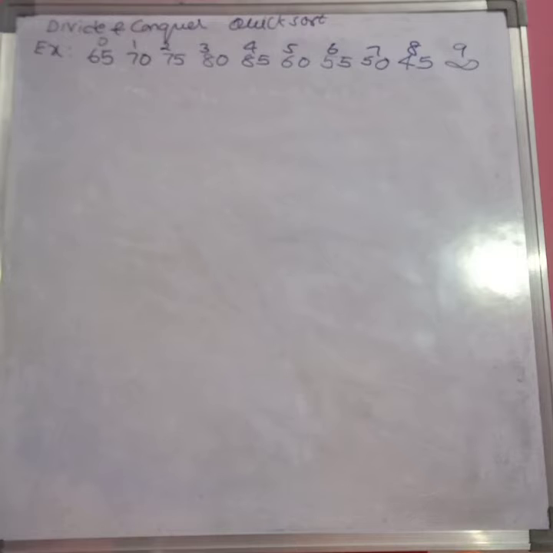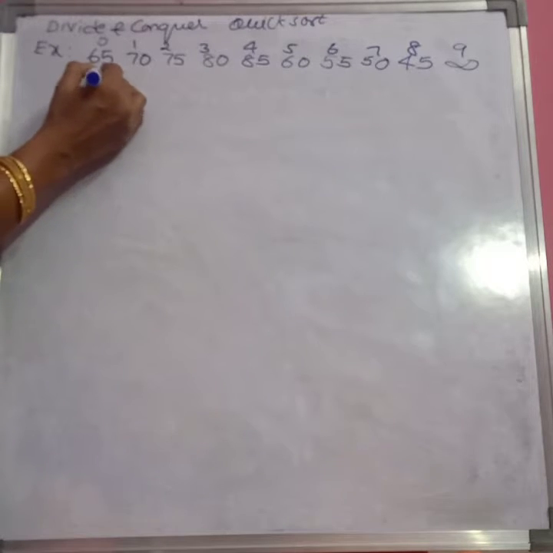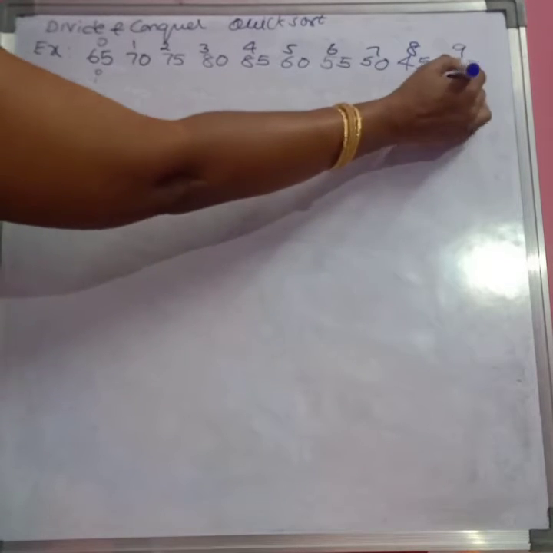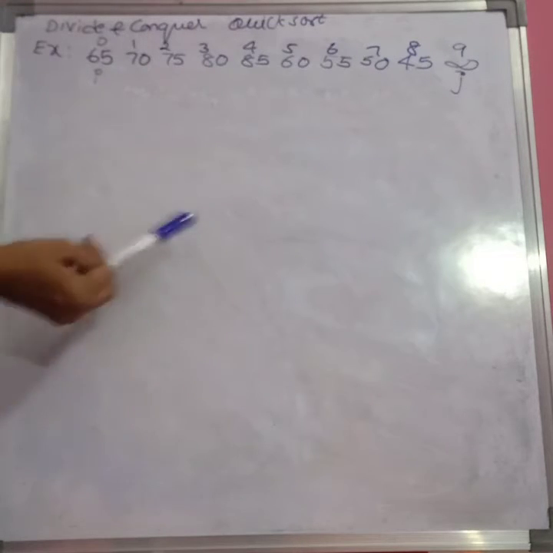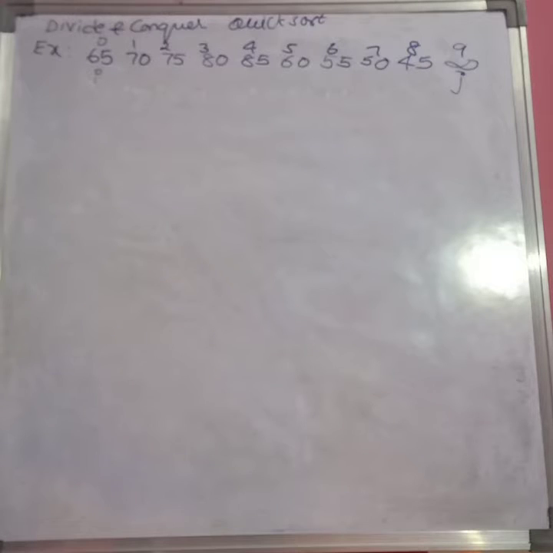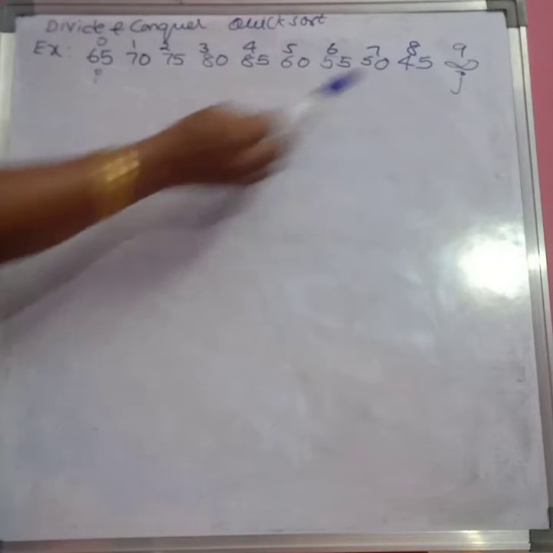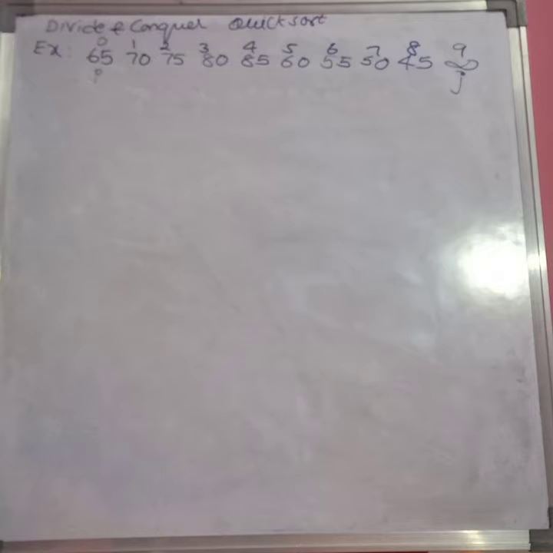To apply the quicksort technique, here I am using two variables, i and j, to sort the elements simultaneously. We are dividing this problem into smaller problems, and simultaneously we are doing the sorting also. For this purpose, I am using the two variables i and j, and one more variable that we call a pivot.